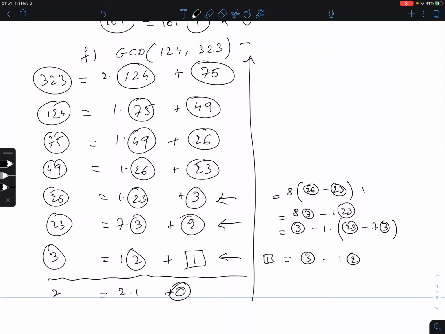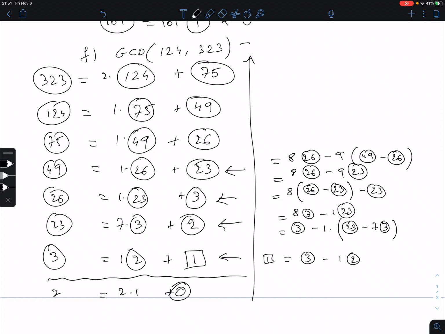Minus. I have replaced this 3 by this, but I still have to copy this one. So minus 23. We now have the 23 circled, so we should combine them. That is 8 times 26, and I have a minus 8, minus 1, minus 9 times 23. Then this one, 23 can be replaced, so 8 times 26 minus 9 times, and 23 is 49 minus